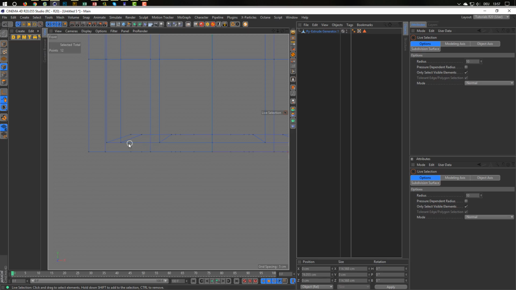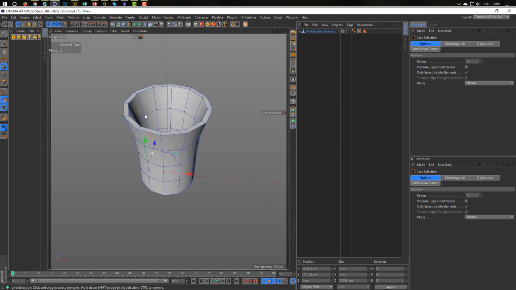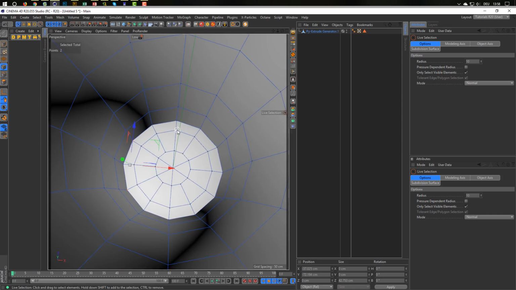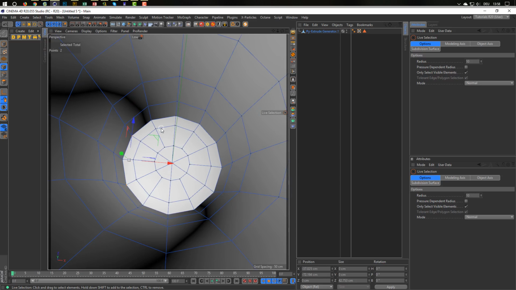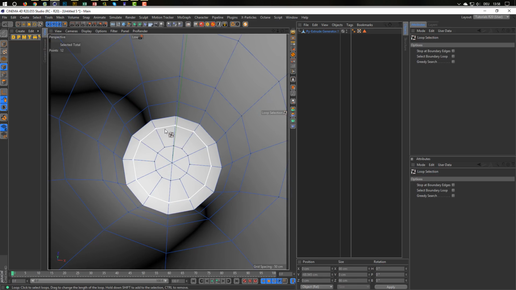See, so I select one point here. Okay, so I have to select live selection 09. Only select visible I don't want, so I just select this one, copy. Okay, now I select UL, this one's, paste it here,